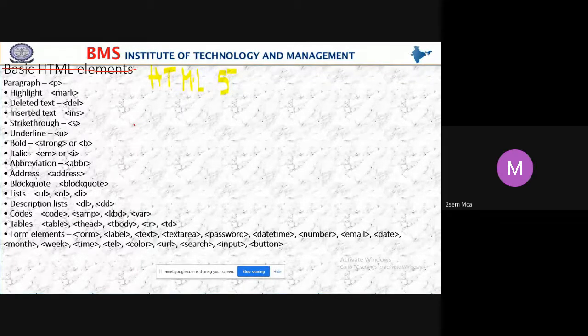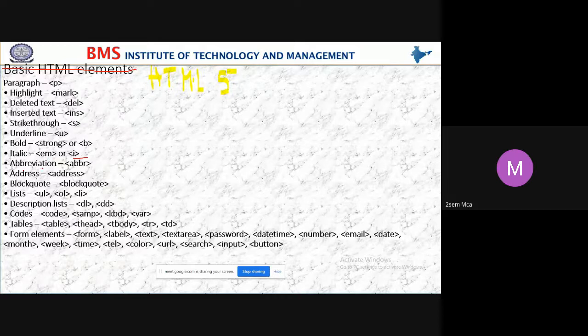Did you use a strong tag in CSS programs? Yes, ma'am. In CSS programs, we have used this strong tag. Italic, to display the content in italic, generally which tag do we use? We use the I tag. In addition to the I tag, we also have the EM tag.